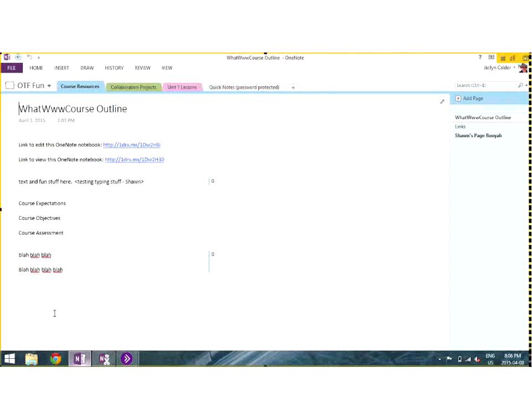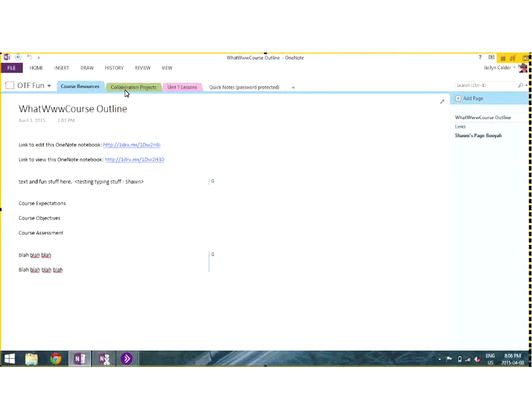Great. Okay, so basically I'm in our OTF Fun OneNote notebook, but I'm on the version on my PC that's downloaded and installed on my computer. So I'm not on a web browser. So school computers, if you have Microsoft Office, might have this installed on them already. If you have your own computer at home and you have Microsoft Office, you probably have this. This is a Windows 8 computer, and this is Microsoft